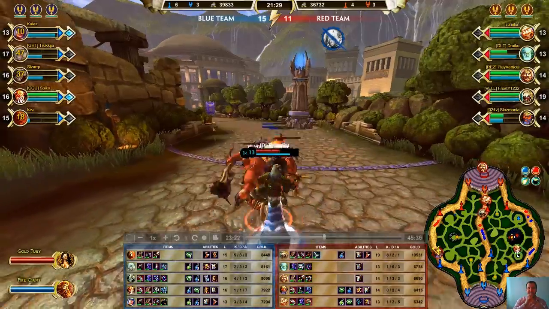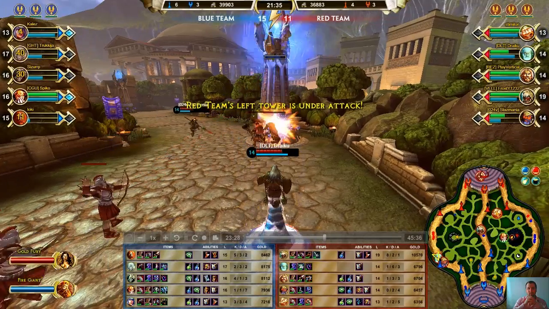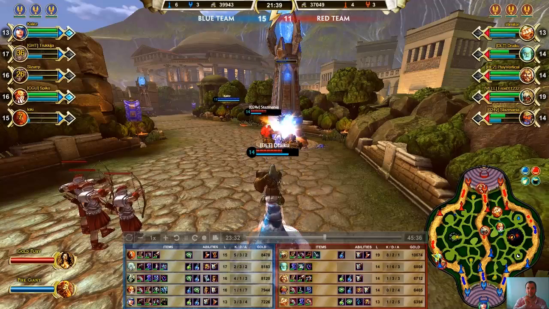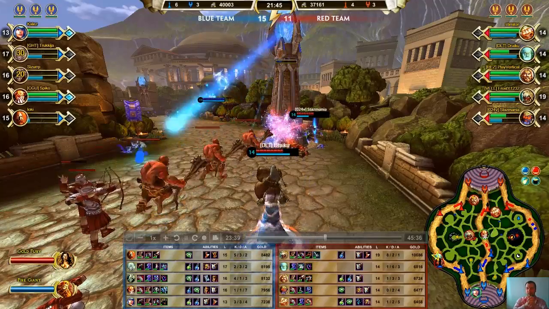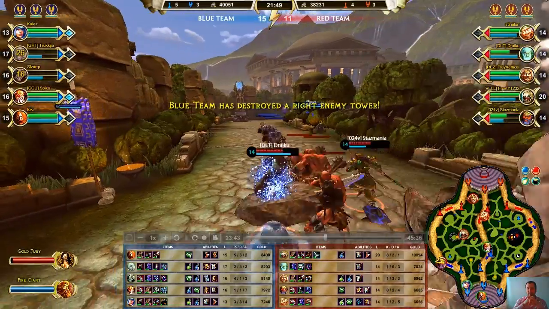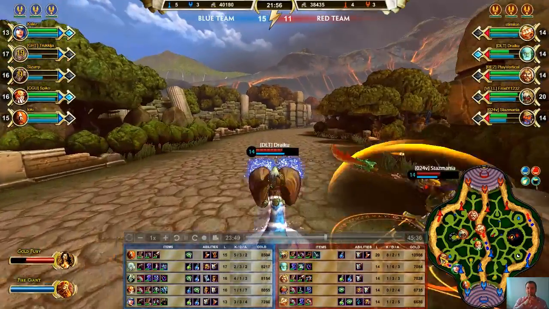So yeah, it's pretty much just an attempt at pushing here because they need to push this lane. They need to get this tower down to get something back, because they lost 2 towers already, or 2 more towers I should say. But at least they pick up 1 tower back, and that is excellent. It is however not going to be enough to close the